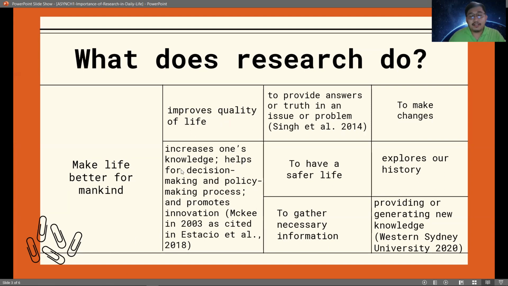Now, before you make any decisions, you have to conduct research first. Before you implement any policy or any rule, you have to conduct research first. Now I know what you're thinking. Why should we conduct research when it comes to, let's say, decision making? You conduct research first in decision making so that you do not jump to conclusions, you do not jump to assumptions, and so that you can avoid hasty